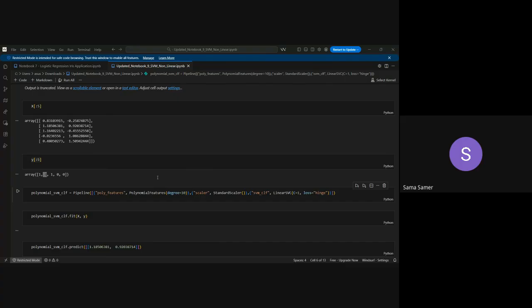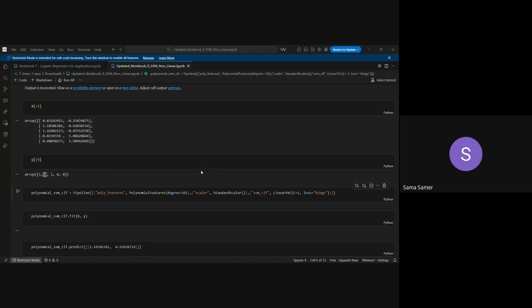So our goal here, after scaling our features by multiplying them by 10, is to make a linear model behave non-linearly. This is just to trick the linear SVM without using the kernel. Then we standardize our data with a mean of 0 and a standard deviation of 1, because the SVM is again sensitive to feature scale. If one feature is large, like X to the power of 10, it will dominate the training. I don't want this to happen, so I use a standard scaler.